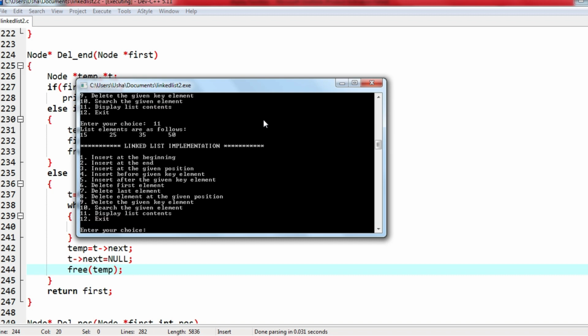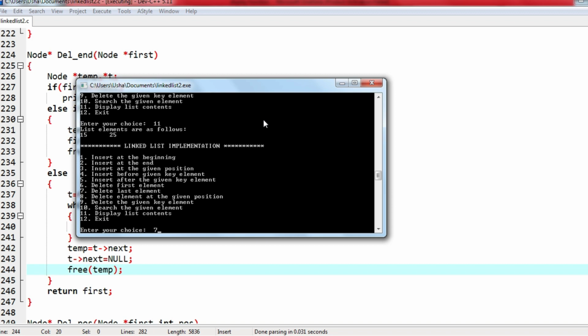Now I'll see the contents. We have 15, 25, 35 and 50. Now I want to delete the last element, which is option number 7. Okay, when I give option number 7, let me check whether the number is deleted. Yes, the last element is deleted. Right now I have 15, 25 and 35. Again I give 7. So 35 should be deleted and I have only 15 and 25.